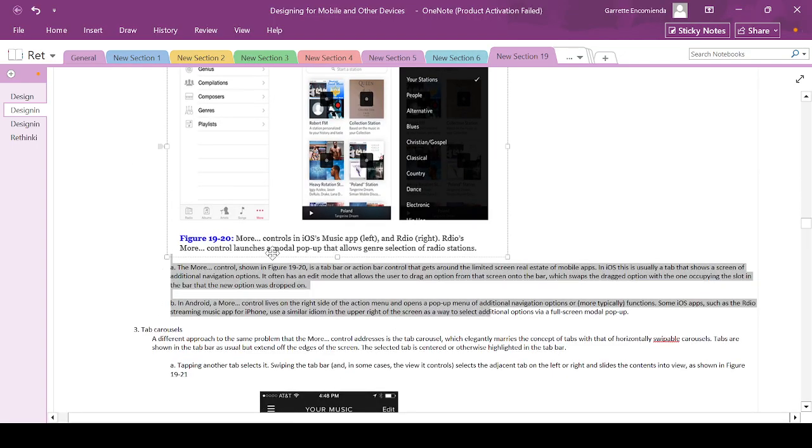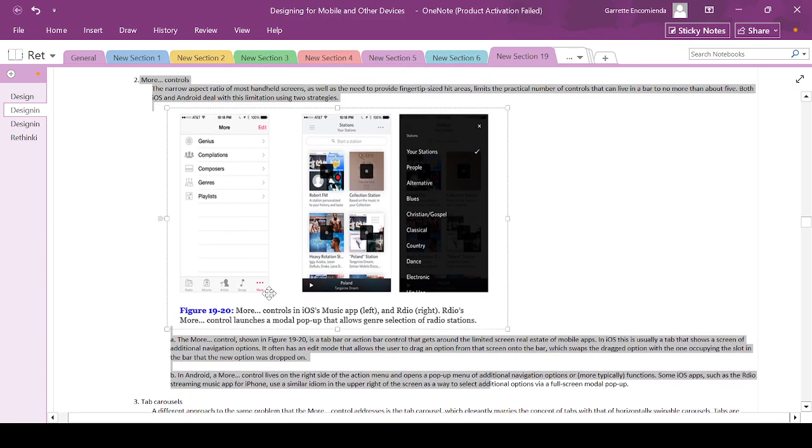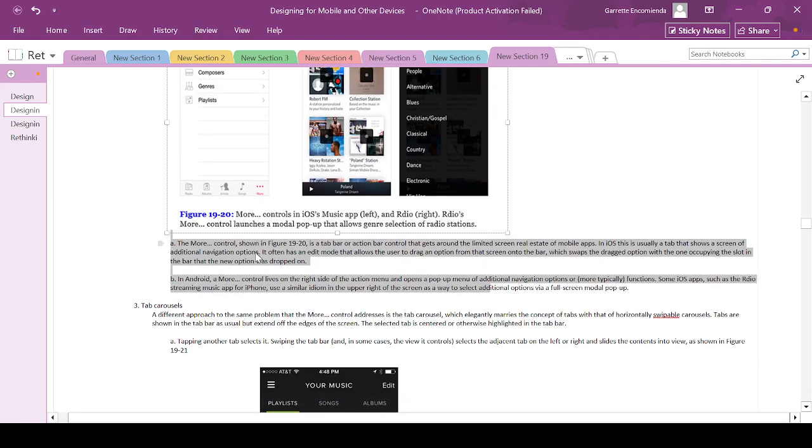So here, more controls in iOS: music up, left, and RDIO right. So there's this more controls or more tab. The more tab will provide you a list or grid of more tabs that could not fit in the bottom or top part. So here, the more control